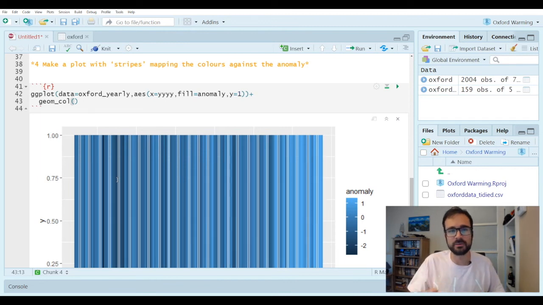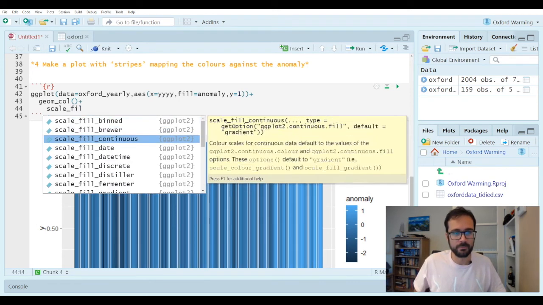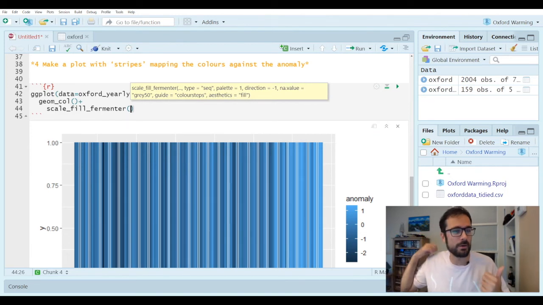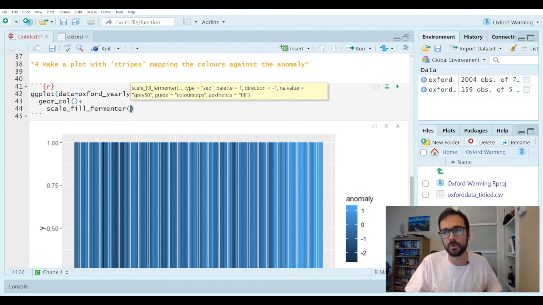There are a whole bunch of different functions for modifying scales in different ways. One I'm going to use now is a new one, but quite a useful one I think, which is scale_fill_fermenter. It's a little bit like scale_fill_brewer, but scale_fill_brewer works when we have a categorical variable we're using for fill, whereas scale_fill_fermenter works when we have a continuous variable like we have here. So I will say scale_fill_fermenter. And here I now have to say what color palette I'm going to use. I can go to the lookup page for the different color palettes available in the RColorBrewer package,